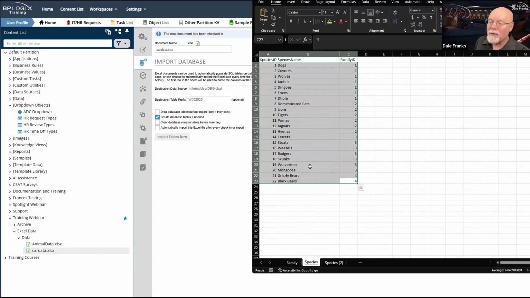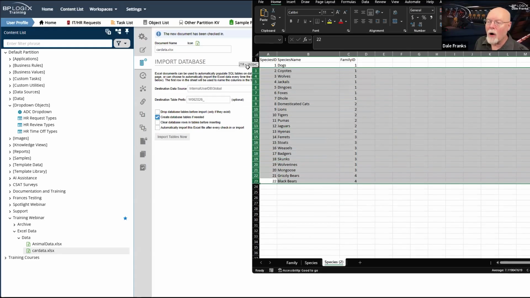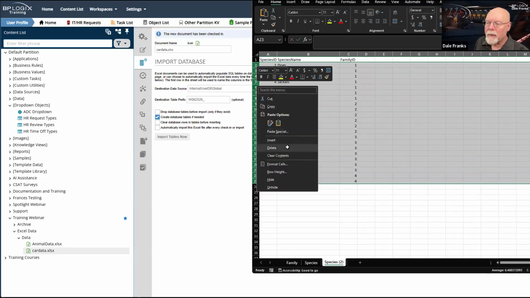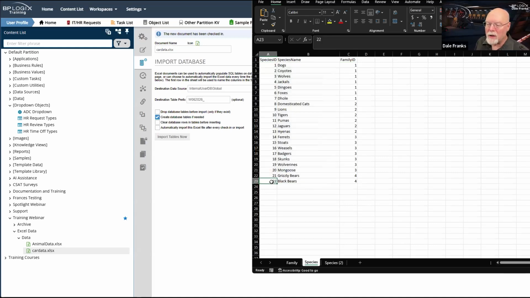I do have the option of just saying, okay, well, fine, here's what we're going to do. We have all of these items. They've already been imported. What if I just started with, well, let me just go ahead and delete all these. What if I just appended records? And so my last record here was 22, right?